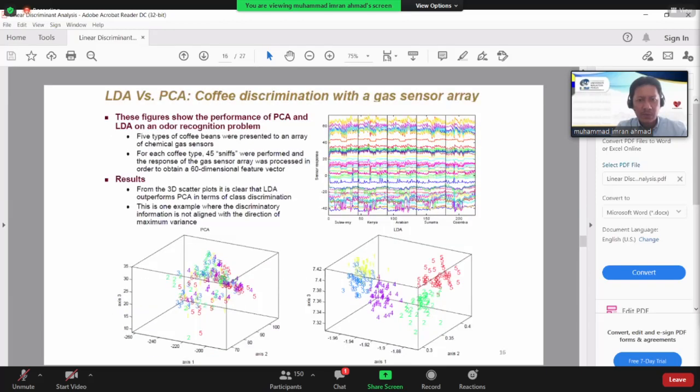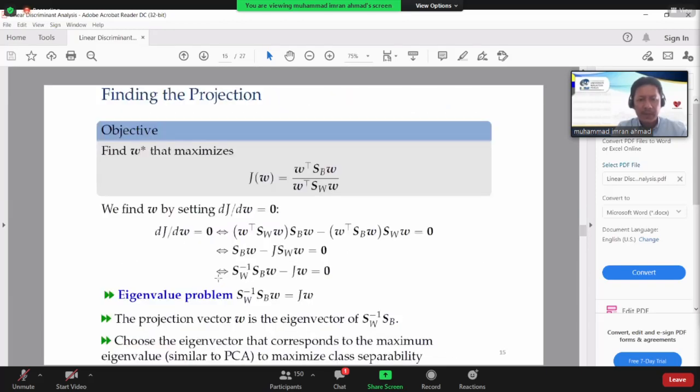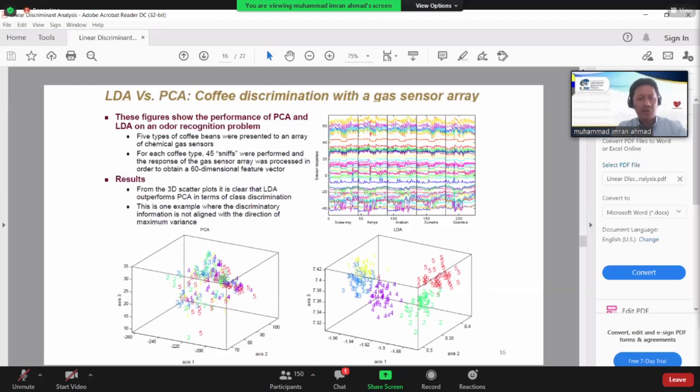We can continue to have a look at the comparison between PCA and LDA in an actual problem of signal processing. So this is the comparison between LDA and PCA. We want to classify a gas sensor array. So we have the sensor response here. After we apply PCA,